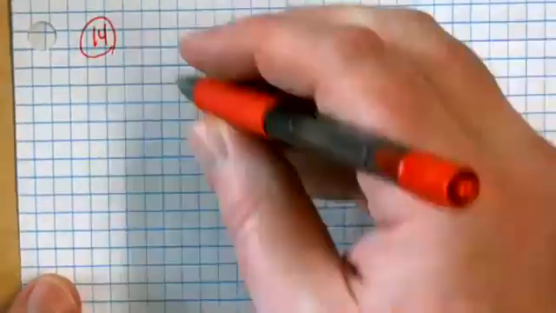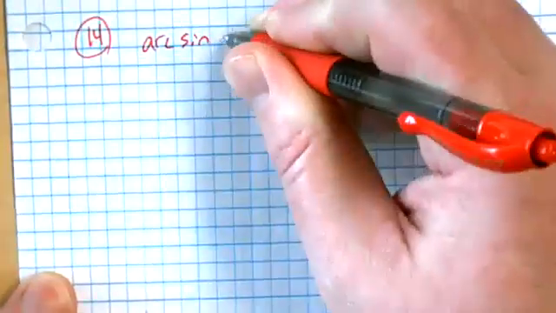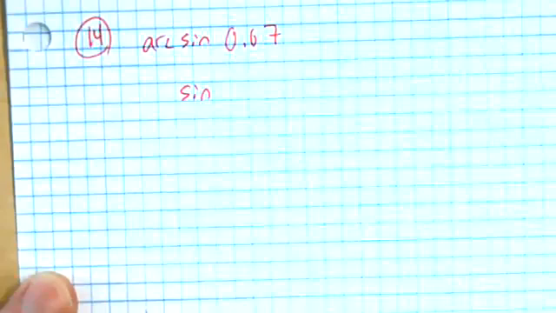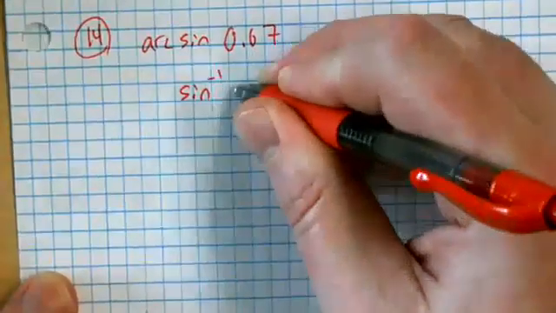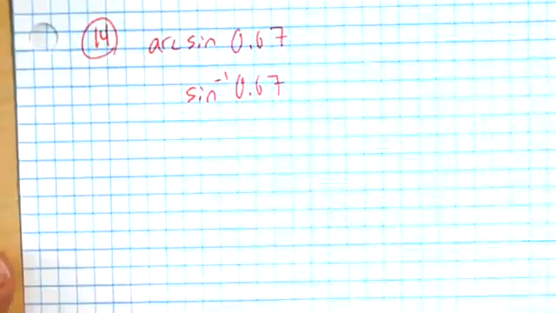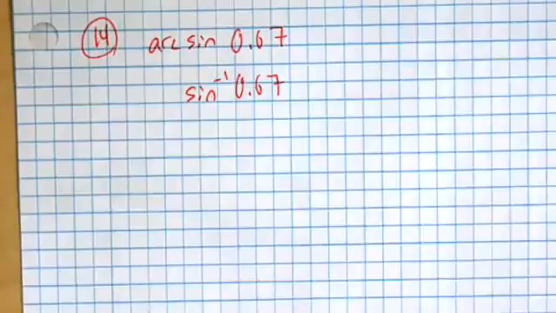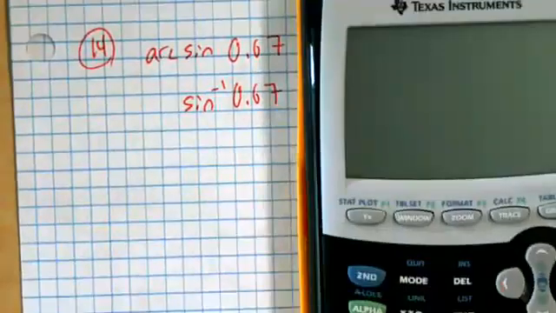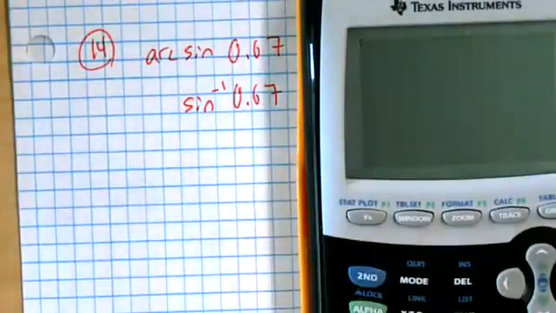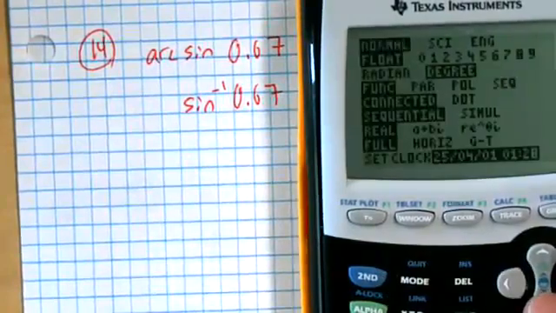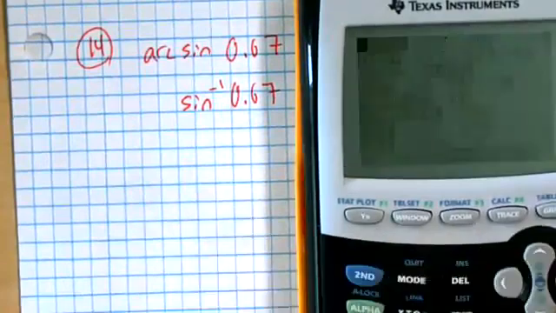14. The book says arc sine of 0.67, which is just the inverse sine of 0.67. Use a calculator to find the approximate value, express your answer in degrees. I think they're really just saying plug it into your calculator. Second sine. Now, they said they want the answer in degrees. We could go ahead and put our calculator in degree mode, and it will just give us the answer in degrees. So yeah,